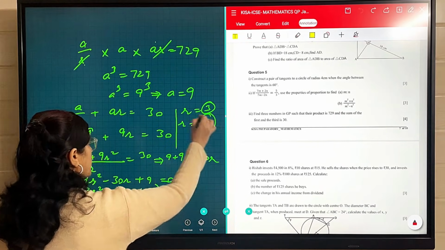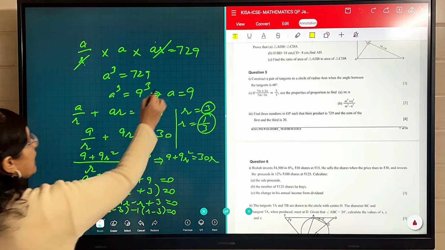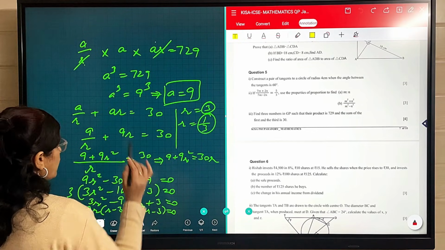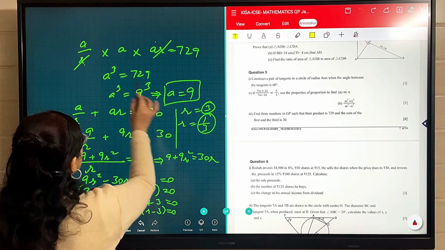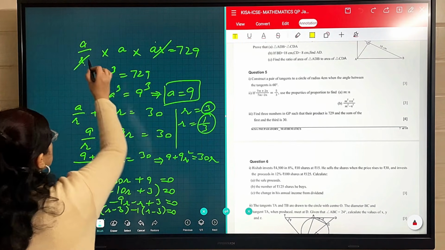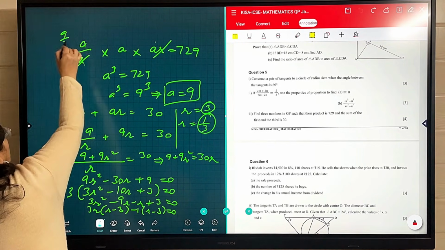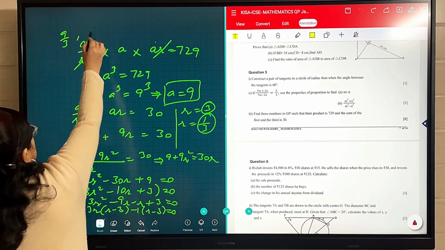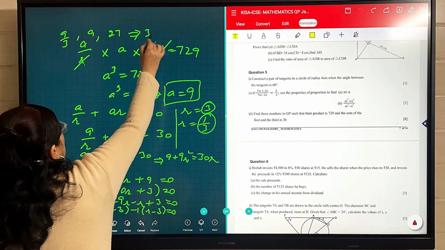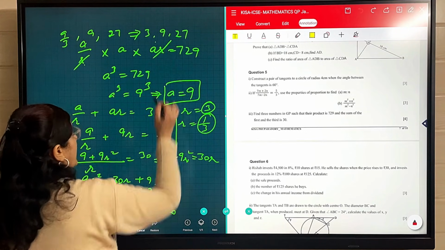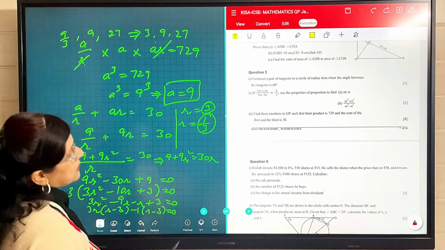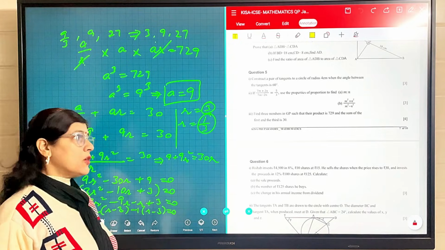So two values of R, and one value of A we have earlier got. So if we are considering A and R, again two scenarios are there. What is the first case? If I am taking R as 3, then 9 upon 3 is 3, A is 9, and 9 into 3 is 27. It means the numbers are 3, 9 and 27. Or otherwise if I am taking 1 by 3, then 27, 9 and 3 are the numbers. Both answers are correct. You can do it in either of the ways.